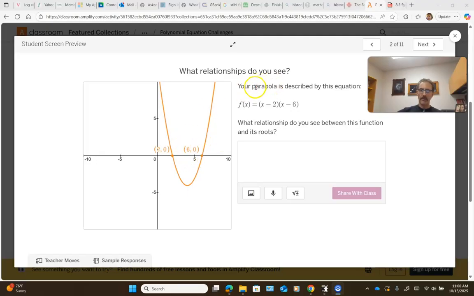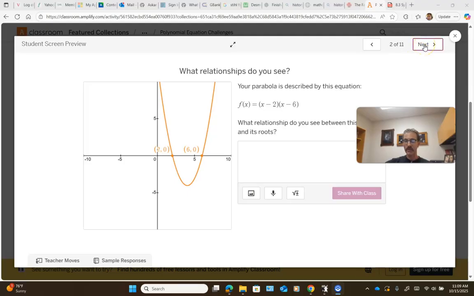And the parabola that's described, since the zeros are 2 and 6, the factors are x minus 2 and x minus 6. Okay? So what this is showing us, and probably what you already know by now, is that the factors of a polynomial are related to the zeros. In fact, that's how we find the zeros, right? That's how we've been finding them. We've factored the polynomial, and we've set the factors equal to 0, and from each factor, there corresponds a 0. Okay, so